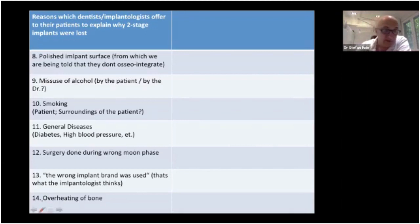Then, of course, this is what we are sometimes being told by the universities or by some expert, that the wrong implant brand was used. So, for example, the Straumann guy will tell you, hey, listen, this was a Brånemark implant. This never had a chance to be successful. And the Brånemark guy will say, no, our implants are anyway the best, and these Straumann things, they come out. So in any case, it's the wrong implant brand. And as we have more than 1,000 brands in this world of two-stage implants, so